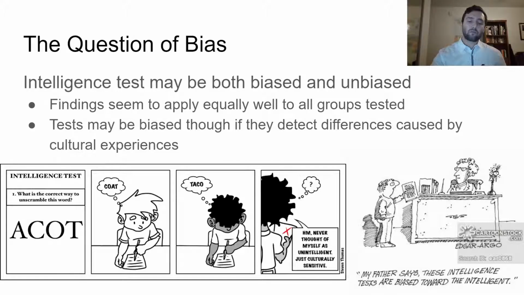At the end of the day, that's what they want. Now, when they give that test, though, there are things on it that could very well be biased. For example, you can look at the simple example in that cartoon on the left. It says, take that word, unscramble it, what is it? One student writes coat, the other student writes taco. Both of those are words that can easily be made out of those letters. Obviously this is a fictional example, but if they were looking for coat, and my cultural background is different, I might score wrong on that.